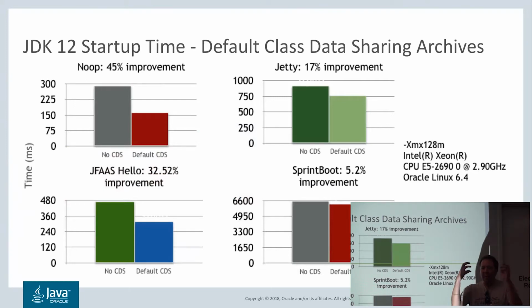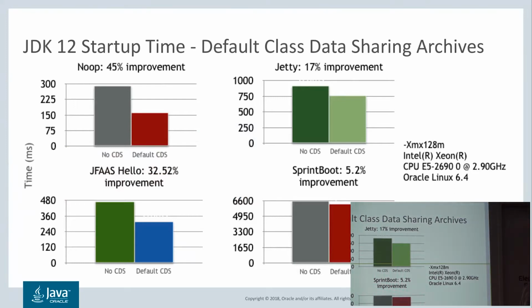We take the data, we massage it into a format we like, and we store that in a file. That process, the morphing part, is costly. So if we need to do that on every startup, then obviously that will add to the startup time. But by having done that already, we can reuse the archive, we can just map it into memory, and it will be there in a format that the JVM likes.